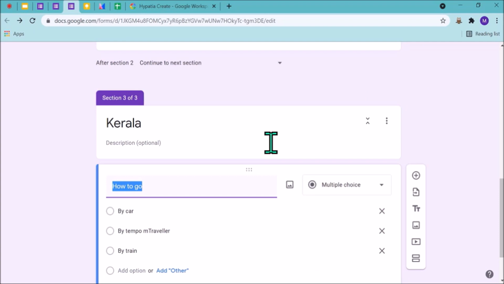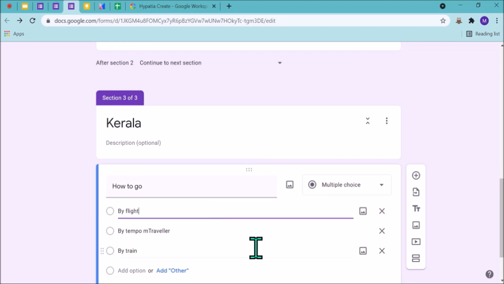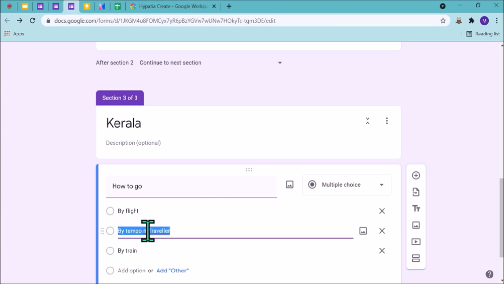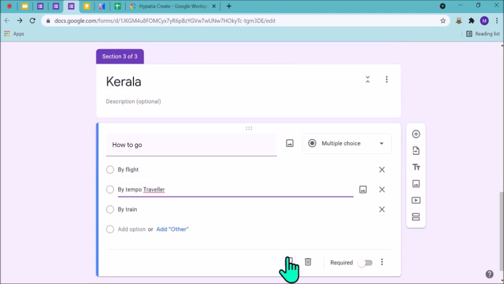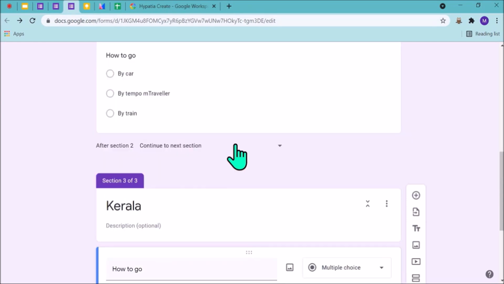By car, I am changing by flight. By tempo traveler, I am keeping as such. Ma'am, how did you copy these? There is a symbol in downwards. This is for copy. Okay, copy. And by keeping our arrow on this 6 dots, you can see we can move any question type.